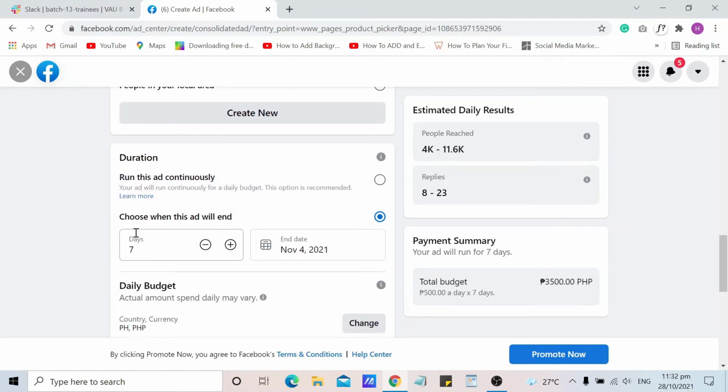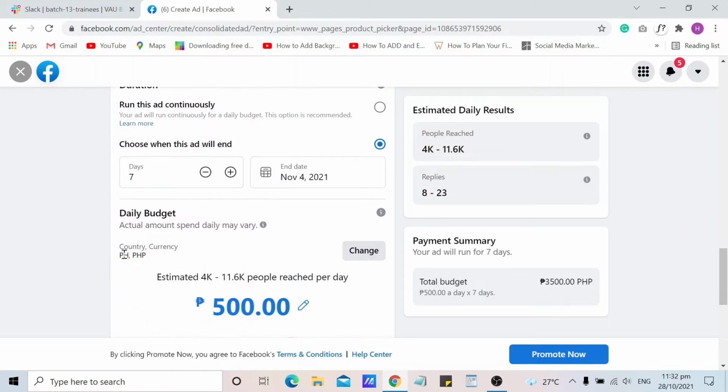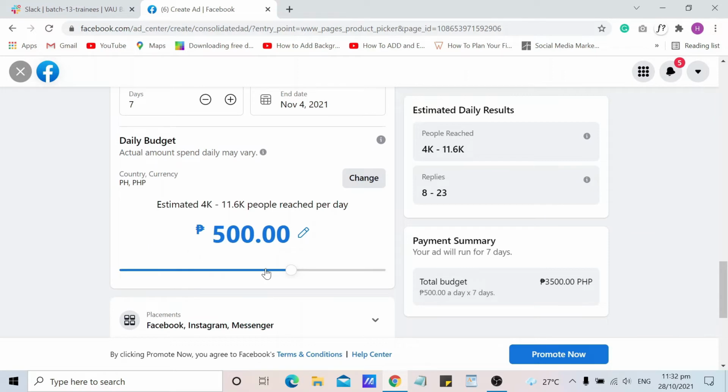You can choose the duration of your ads. You can choose 7 days or lesser. Then also the daily budget of your ad. Just like in Get Started with Automated Ads, you can drag right or drag left.